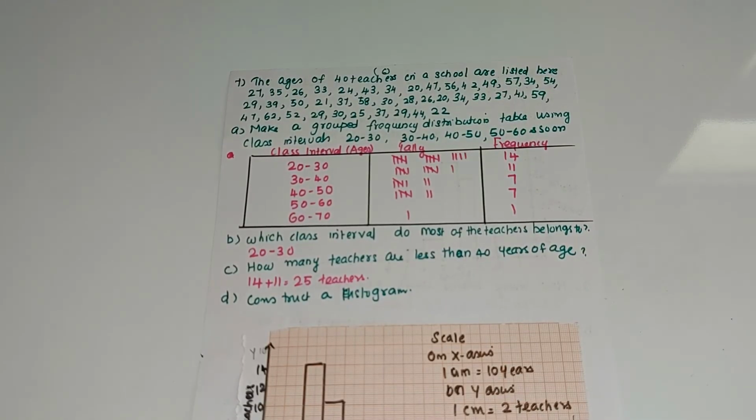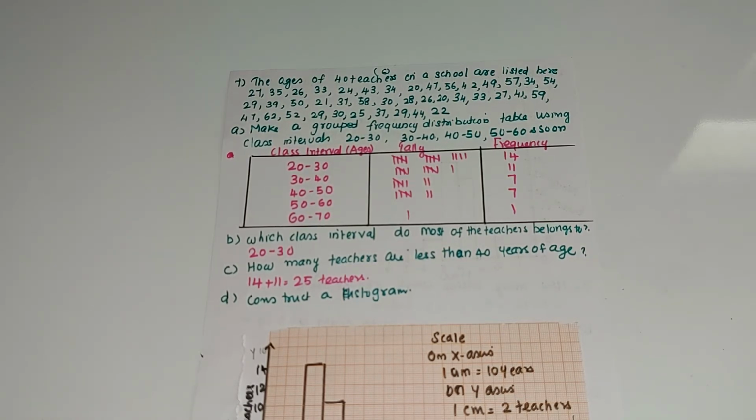Seventh one, the ages of 40 teachers in a school are listed here: 27, 35, 26, 33, 24, 43, 34, 20, 47, 56, 42, 49, 57, 34, 54, 29, 39, 50, 21, 37, 58, 30, 28, 26, 20, 34, 33, 27, 41, 59, 47, 62, 52, 29, 30, 25, 37, 29, 44 and 22. So the ages of 40 teachers are listed here. Make a grouped frequency distribution table using class intervals 20 to 30, 30 to 40, 40 to 50 like that,